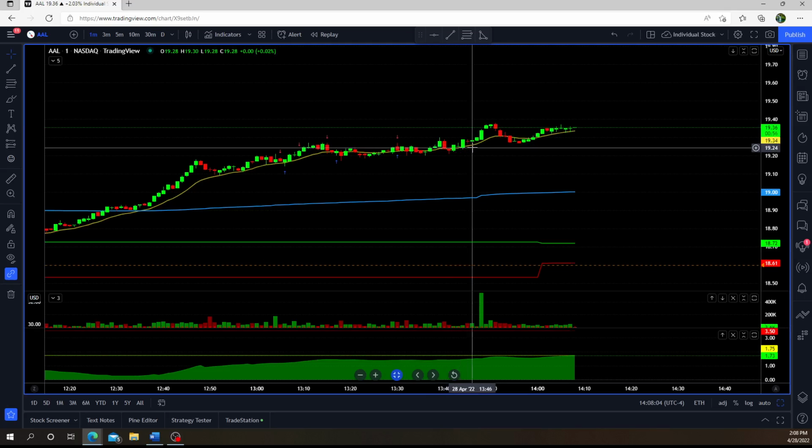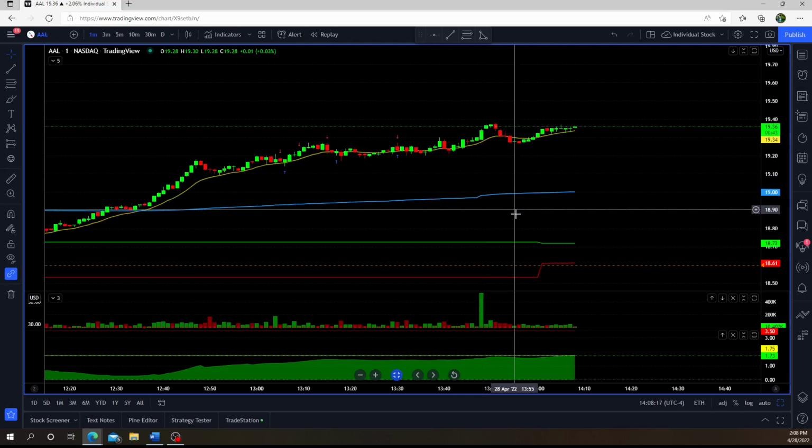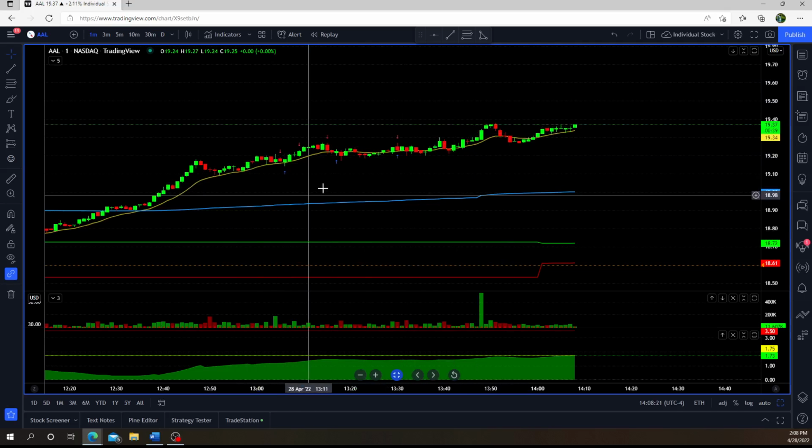So I didn't want to risk it anymore, and this is where it happened, guys. As I said, over 600,000 shares were bought at this point on this candle, and it busted through 1930, and it continues to climb. So after these, of course the first trade was a dead break even, so after these 2 trades